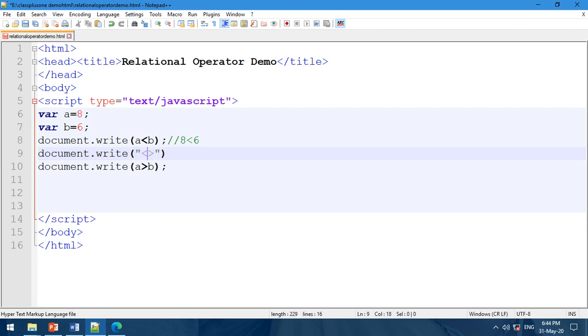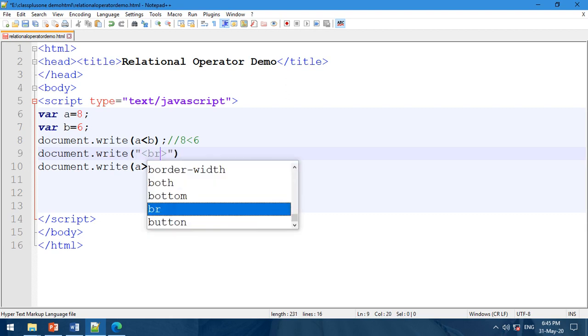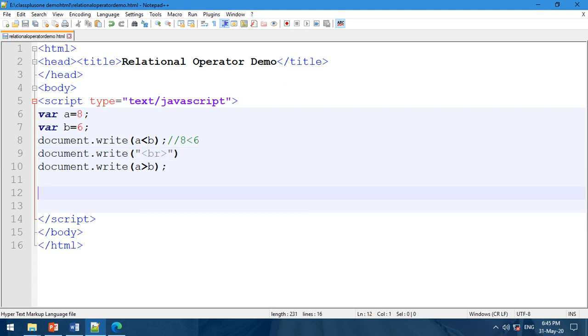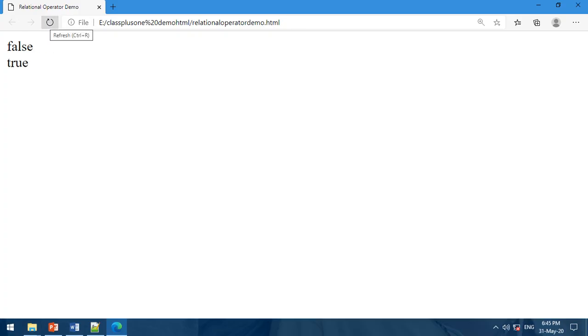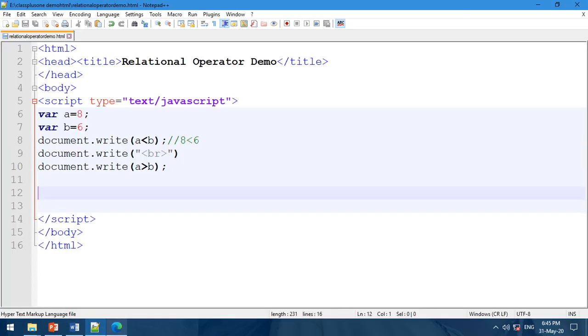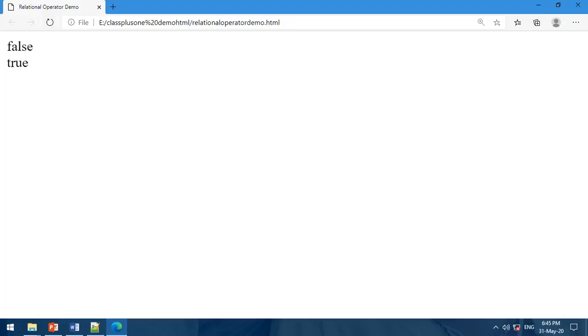BR means line break. The second one is true because the value of A is 8 and 8 is greater than 6. That's why the output is true.